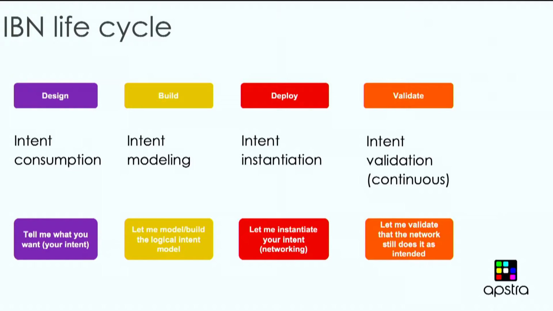If you look at the full life cycle of intent-based networking, we have defined 4 different phases. The design phase is where you express your intent. You say, I want a network of a particular size. It does particular things. And you might express some business logic. I want oversubscription of a particular type. I want some other characteristics that are not vendor dependent. They give you the ability to build a logical structure.